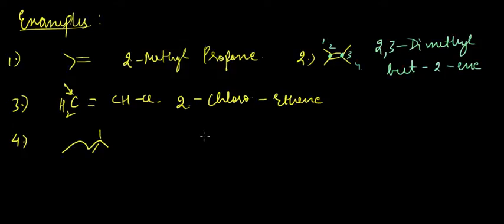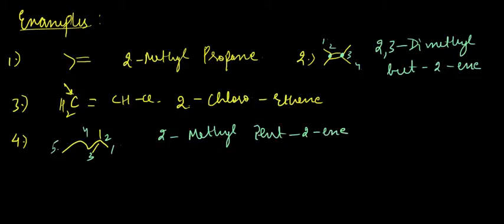So the longest carbon chain in this case would be 5. How? We can have 1, 2, 3, 4, 5, and at second position we have a methyl group attached. So the answer would be 2-methylpent-2-ene. Okay, let's look at fifth example. Here we have